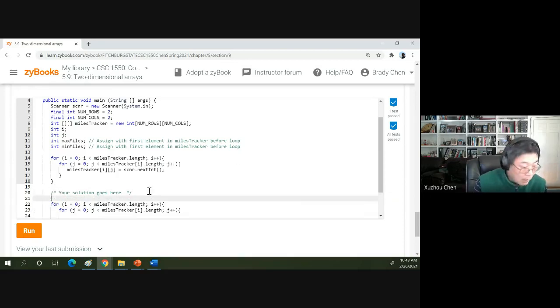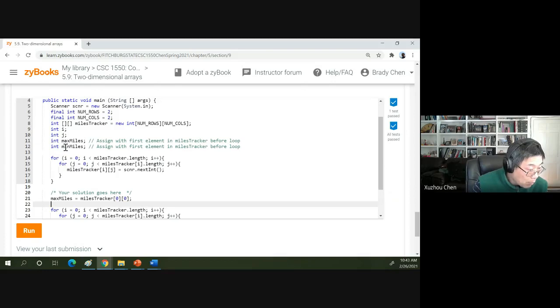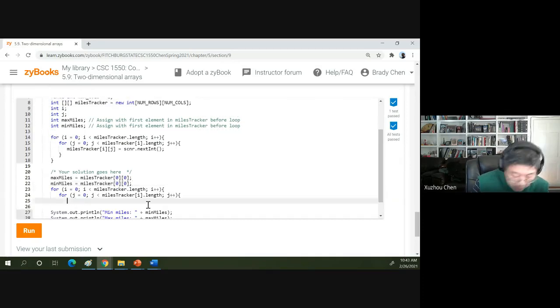I think you can initially assign the maximum to mile tracker, and the minimum also. So both the maximum and the minimum are assigned mileTracker[0][0]. And then you can do the loop over mile tracker, row and column. So then if